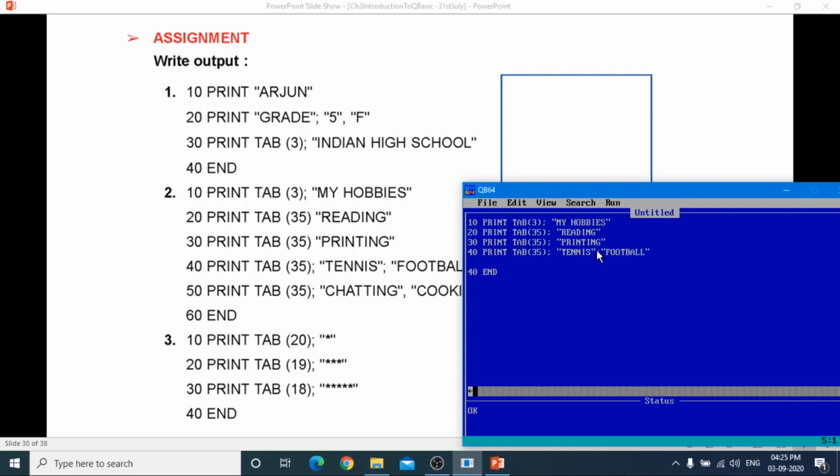Okay, next is 50 print tab, what value is there? 35, and then semicolon, and then chatting, and then comma, and then cooking, and then 60. And now run it.